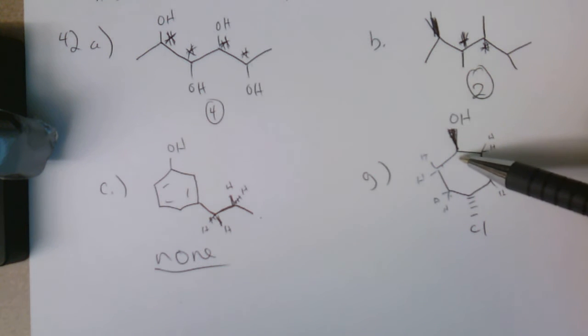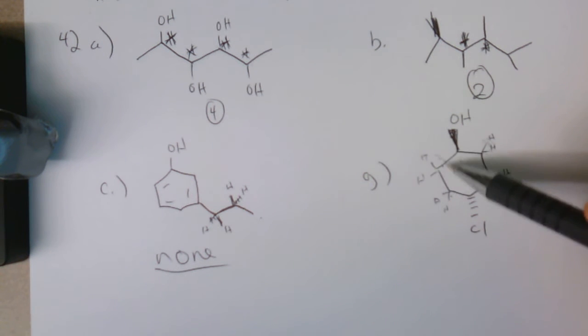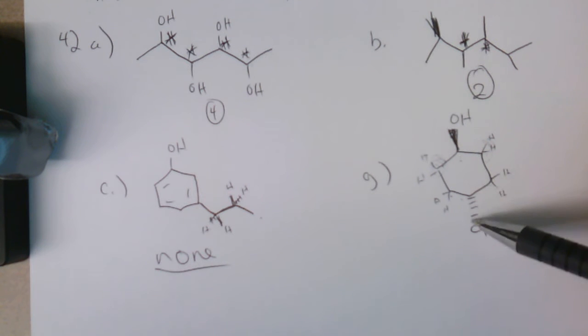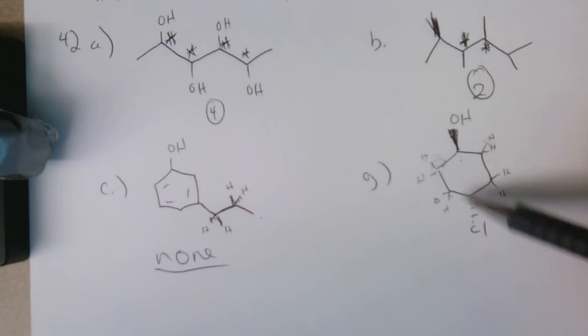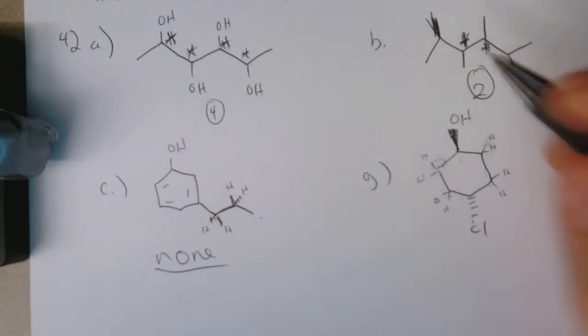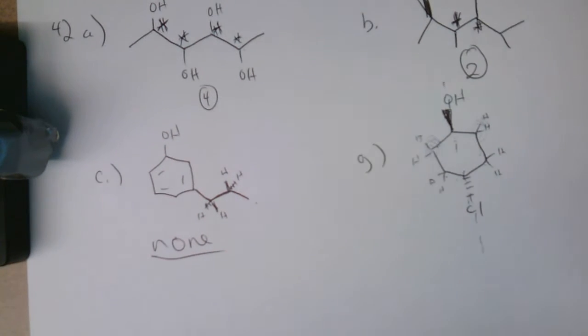This one looks like it would be chiral at first glance, but because of the symmetry of this molecule, this side, this carbon it's attached to, is equivalent to this carbon that it's attached to. Okay, because they're both like 2 carbons away from this chlorine, 2 carbons away from the chlorine. Okay, so because this is a symmetrical molecule, or we have a plane of symmetry right down the center, neither of those